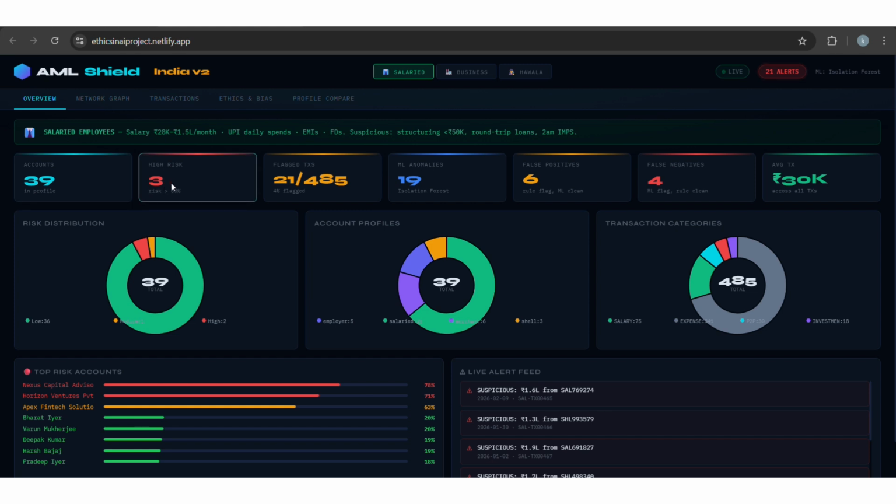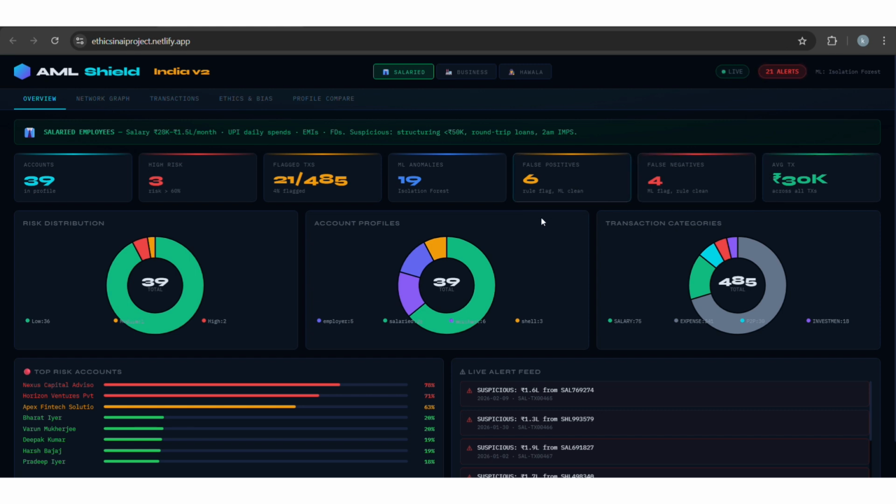The seven KPI cards show the key metrics for this profile: 39 accounts, 3 classified as high risk, 21 out of 484 flagged by rule-based logic, 19 flagged by the ML model, 6 false positives, and an average transaction value of approximately